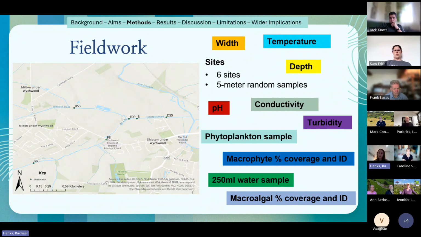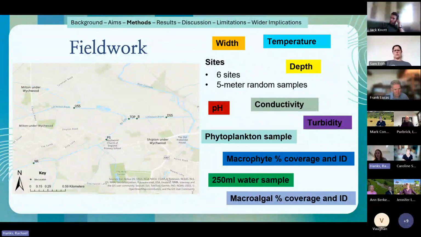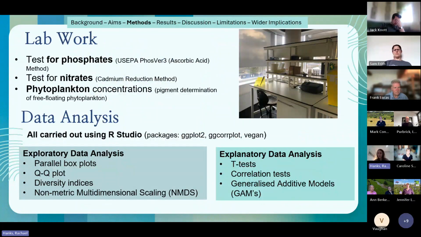But at each site I carried out quite a lot of data collection points. So I carried out diversity measures, so I did percentage coverage by eye. I also took some water samples back to the lab with me to do some analysis, and tested for some abiotic variables such as depth, temperature, just to see if that could be driving any of the results that I found rather than the outfall pipe. So the outfall pipe I used as well, it's the treated effluent pipe. Just for context. So in the lab, I tested for phosphates.